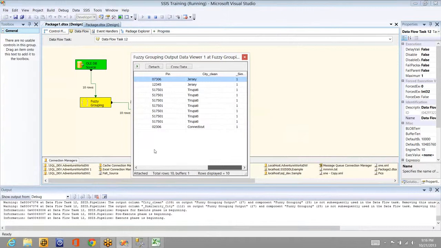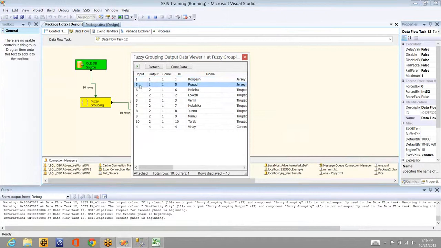We have set it for city. So for the first record, the city is Jersey. For the second record, input ID is 5 and the name is Prasad, but output is 1. So this city is equal to the city present in ID 1. So it will check what the similarities are.